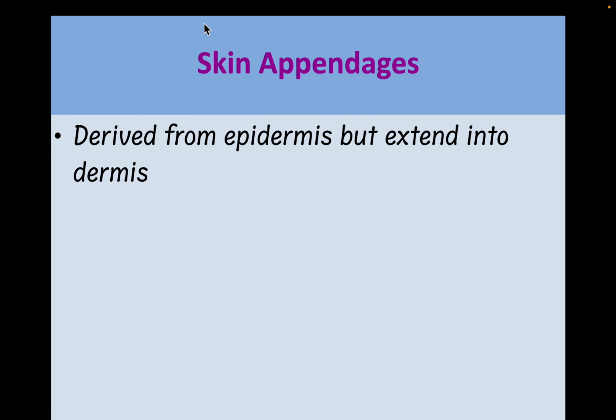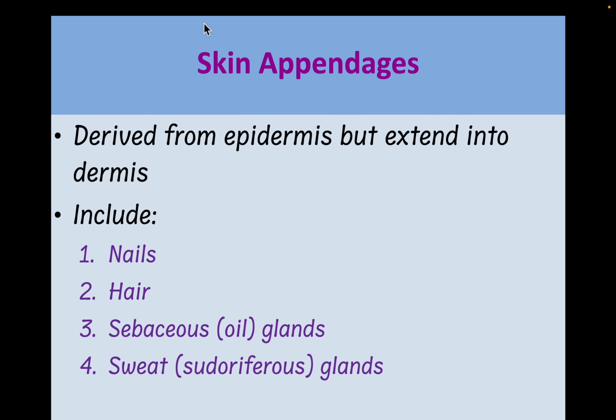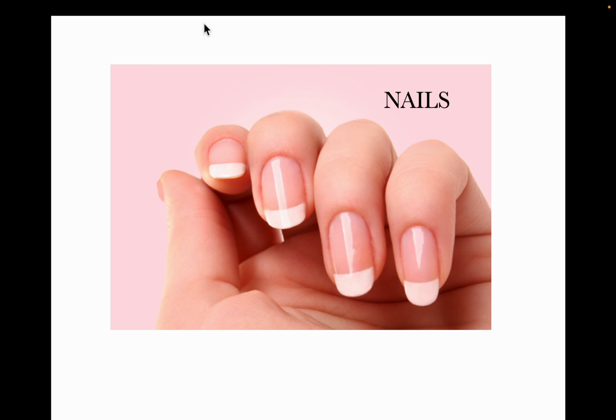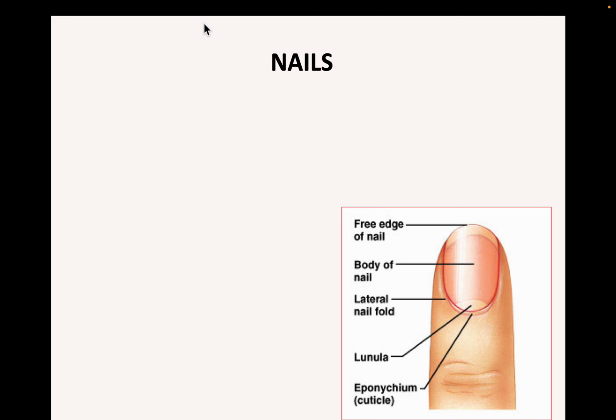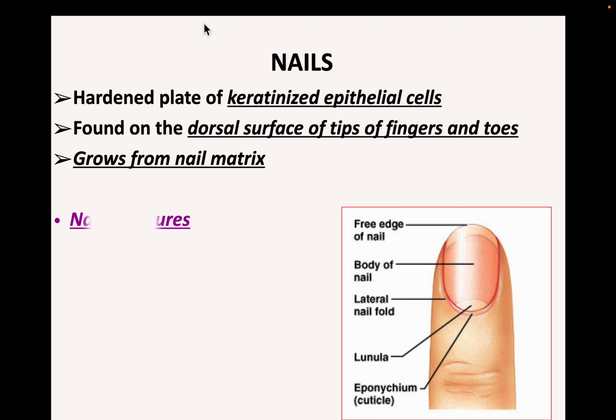Skin appendages are basically derived from epidermis but extend into dermis. So, these skin appendages include nails, hair, sebaceous glands and sweat glands. First, we will discuss the nails. Now, if we see the structure of the nail, what are these nails? These are the hardened plate of keratinized epithelial cells found on the dorsal surface of the tips of fingers and toes,